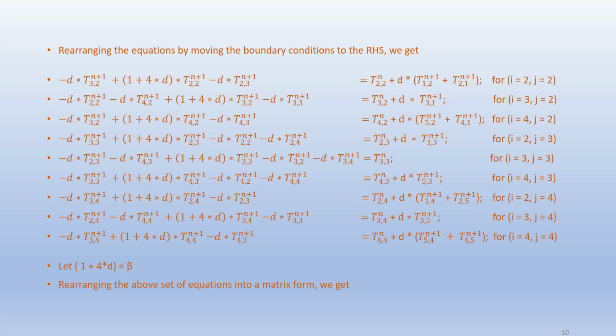Here T(1,2)^(n+1) and T(2,1)^(n+1) are the boundary conditions and they remain the same for all time steps. Let 1 plus 4d equal beta. Rearranging the above set of equations into a matrix form, we get